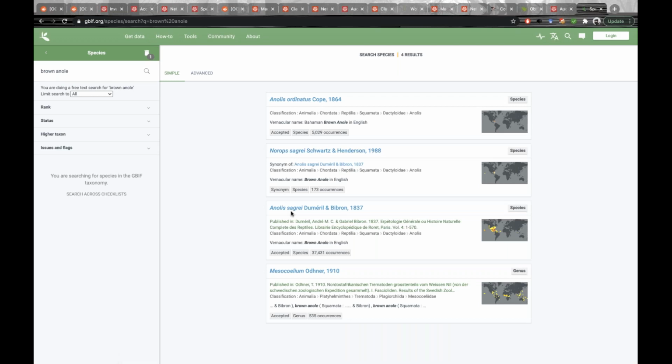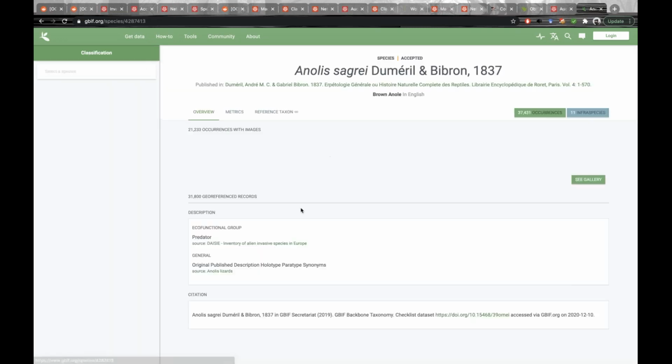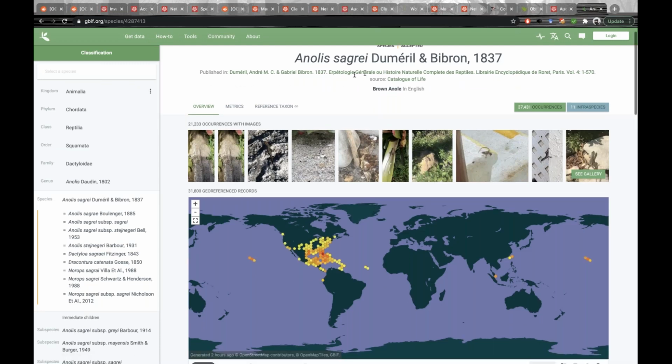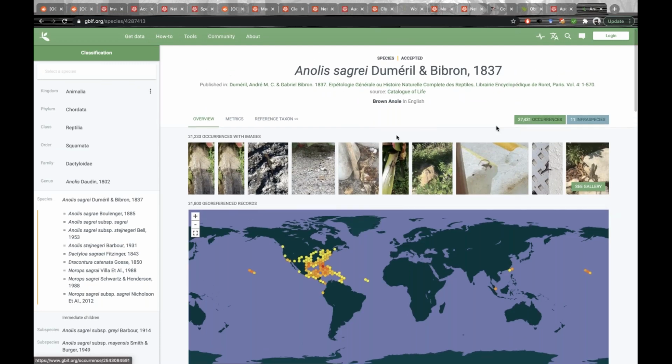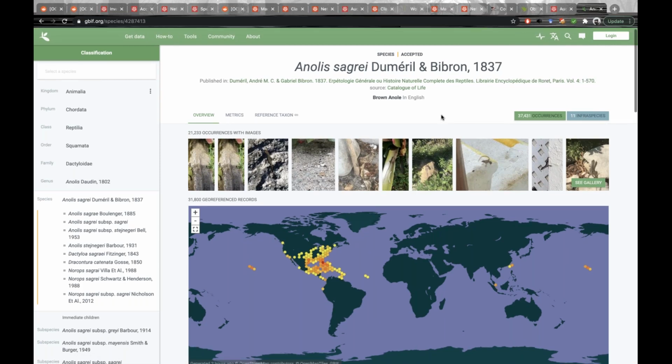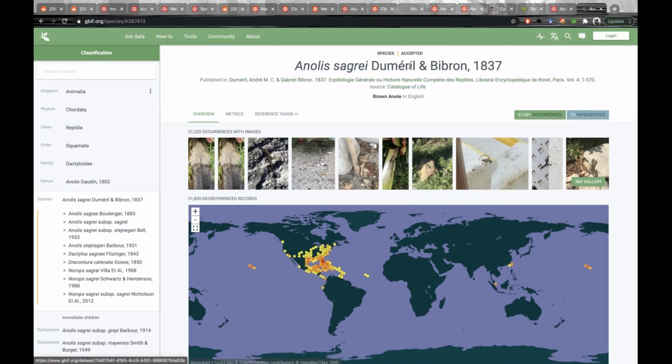It was this one here. So it was this lizard species, and there are like 37,000 occurrences and 11 infraspecies. And the idea is that if you want to download the data, you would be able to